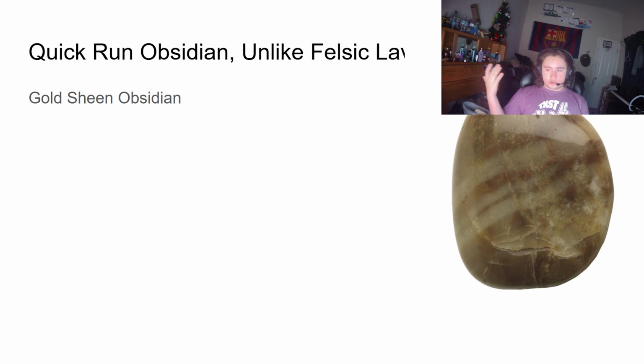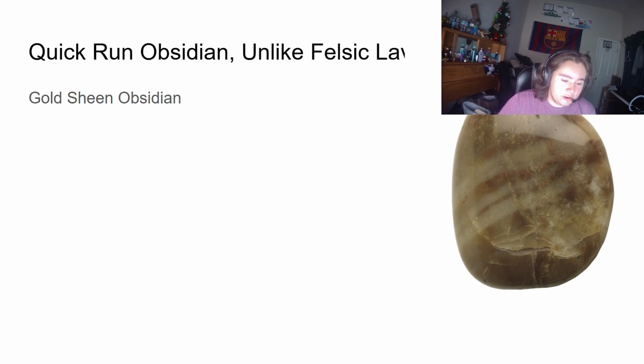It's going to be our gold sheen obsidian. This isn't a really good photo of gold sheen. It looks a lot more like a pearl. But essentially, gold sheen obsidian is formed with the inclusions of magnetite or hematite nanoparticles. It can be found in places such as the United States, like Oregon and California, Mexico, and various volcanic regions